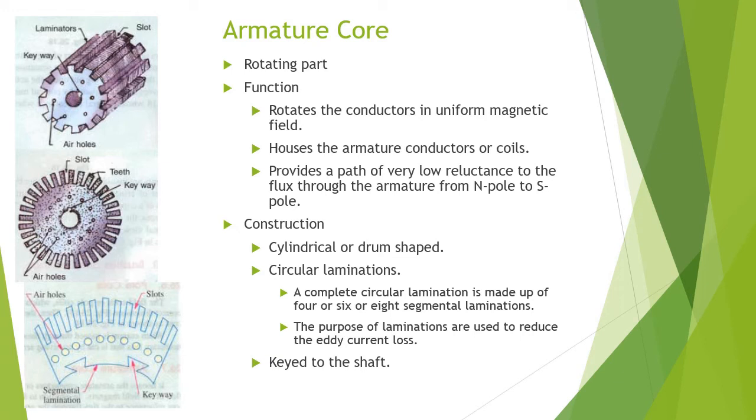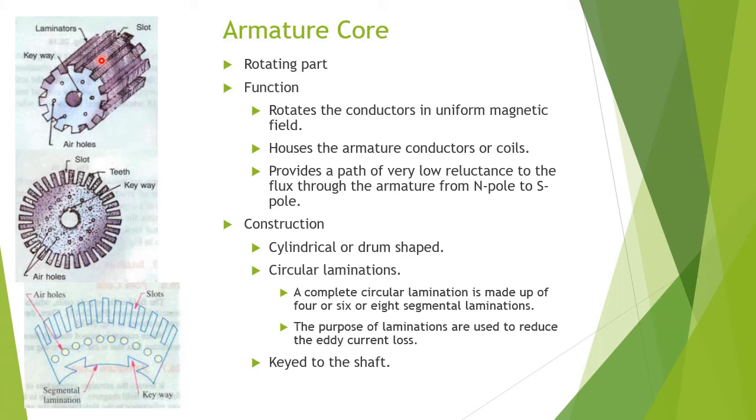Armature core. It is also a rotating part. The function of this rotating part is to rotate the conductors in a uniform field. The conductors will be present in this slot, this intermediate place. So this rotates the conductors in the uniform magnetic field. The magnetic field is produced by the field poles, and then it houses the armature conductors in this place, and